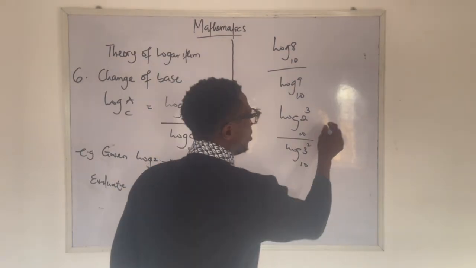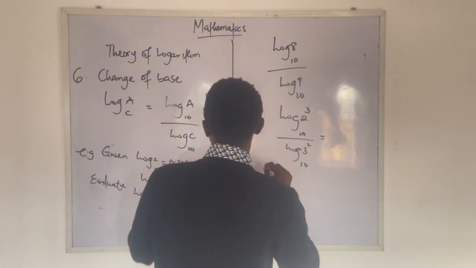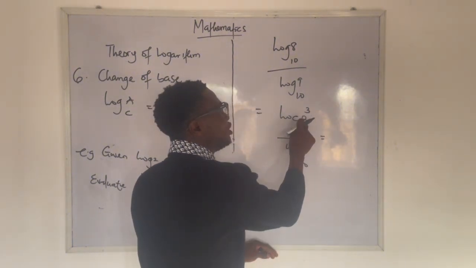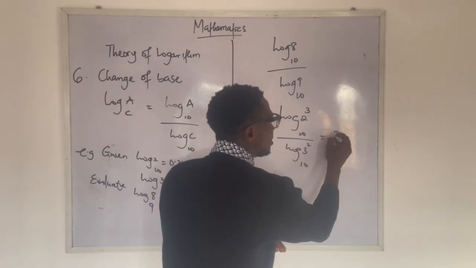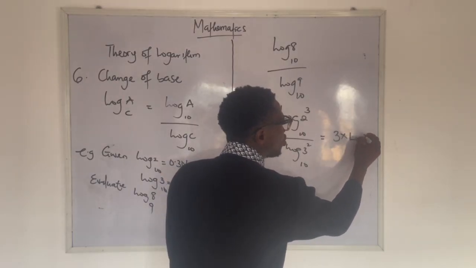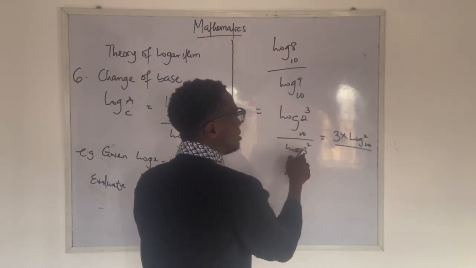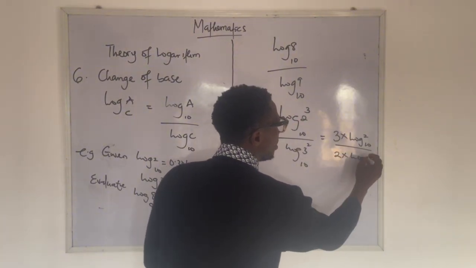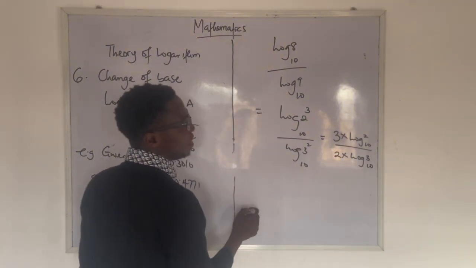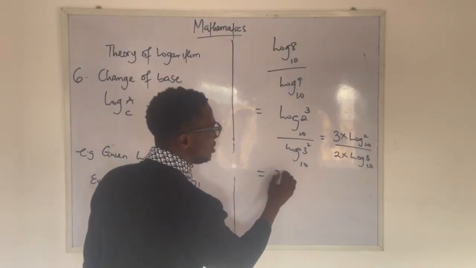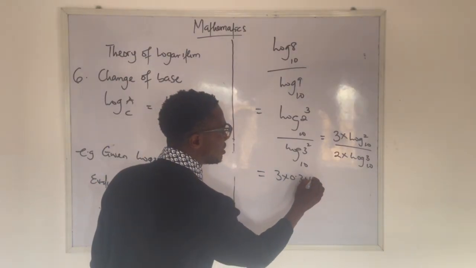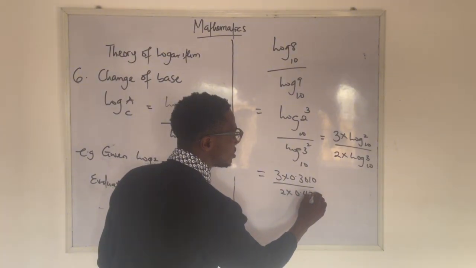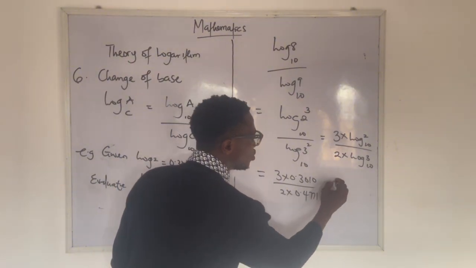What we are going to do next is to apply the fourth law, which says that whenever the log of a number has a power, you multiply by it. So 3 multiplied by log 2 base 10, and this will now be 2 multiplied by log 3 base 10. Then we say 3 times 0.3010 over 2 times 0.4771, which is equal to